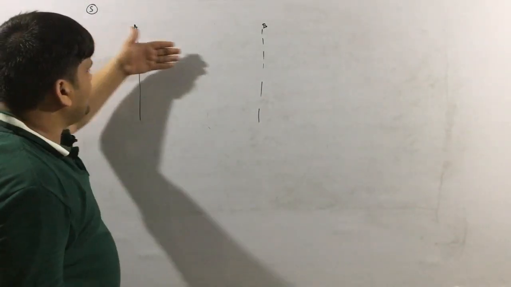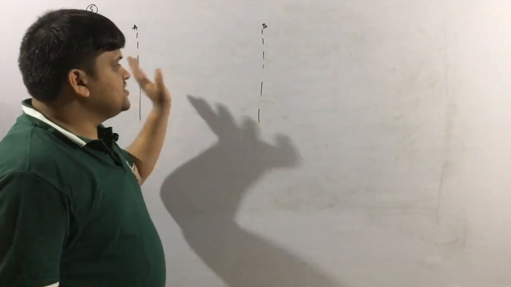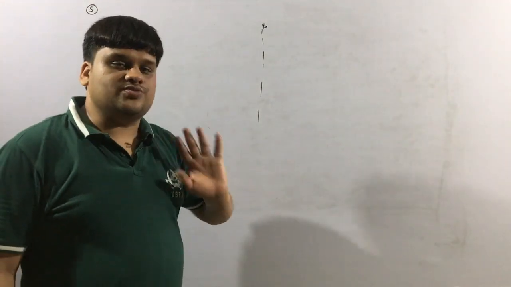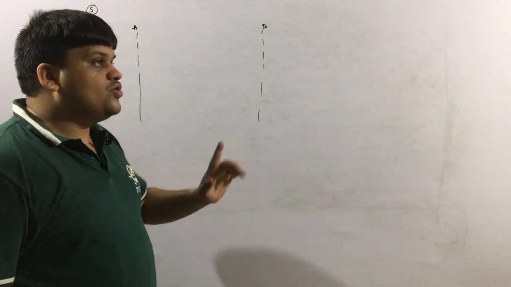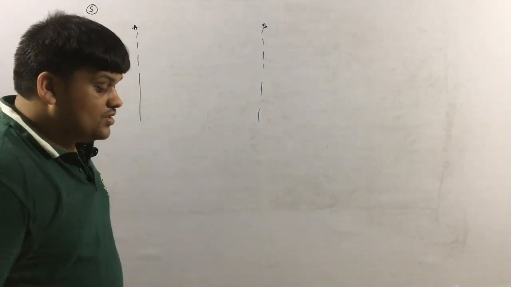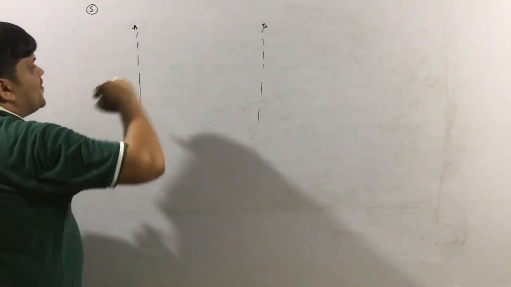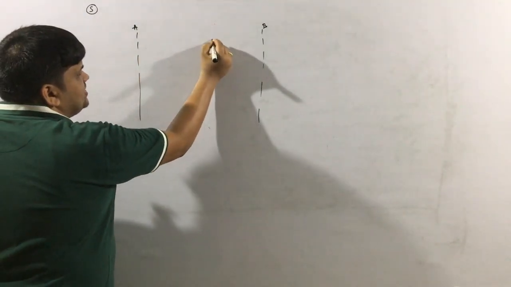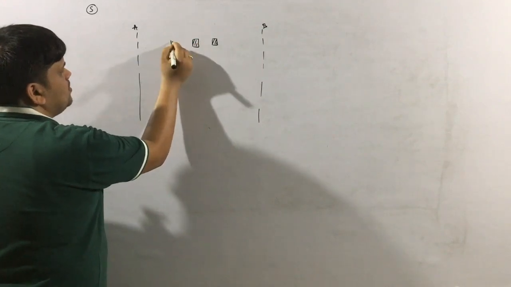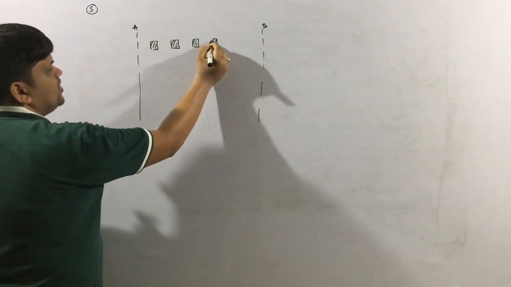Some buses are moving from A to B continuously, and it is assumed that the speed of all the buses is the same. All the buses moving from here to here or here to here have the same speed, and they are moving with a time interval of every t minutes. So, it is like this. If at any instant we see the situation, it will look like this. Some buses are actually moving in this direction.